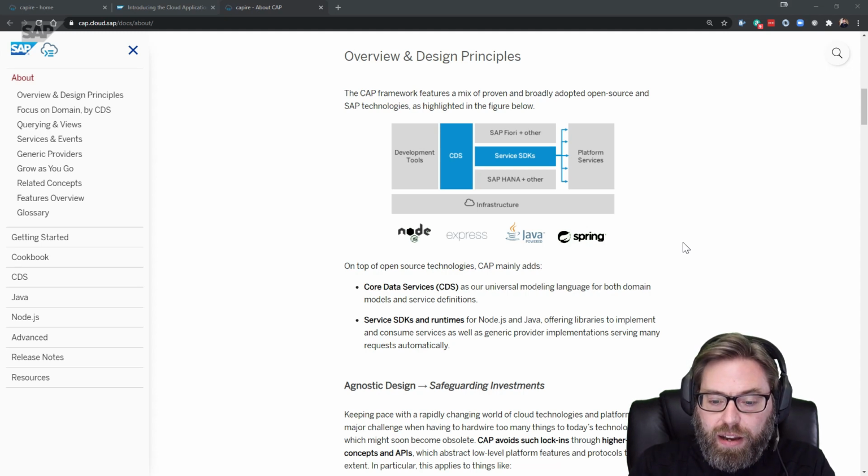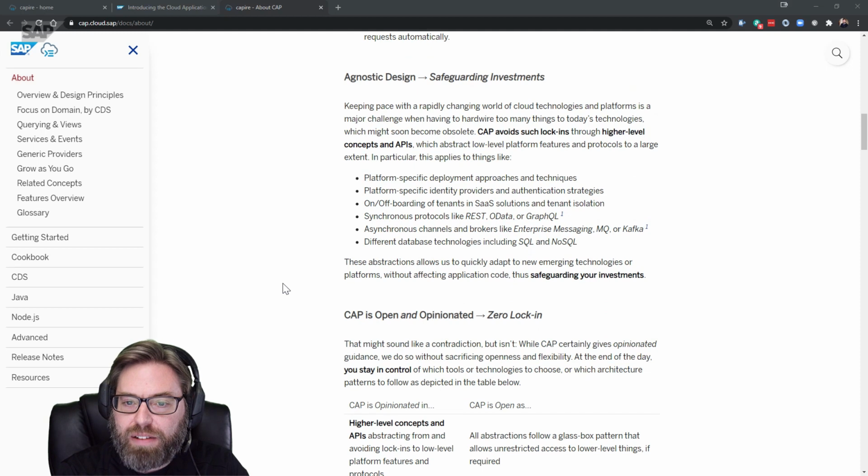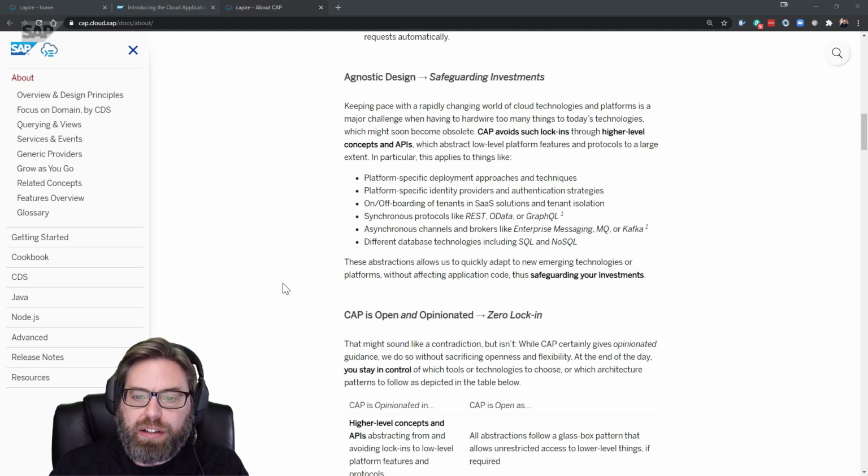So we have a technology that can run in a variety of different infrastructures. And it's through this design approach that SAP is really able to achieve a very agnostic approach, which in the end safeguards your investments. We avoid lock-in to any particular technology or any particular protocol by working in this abstracted